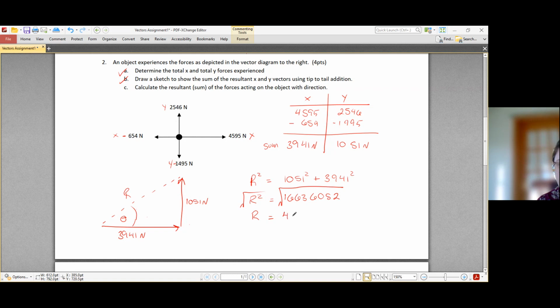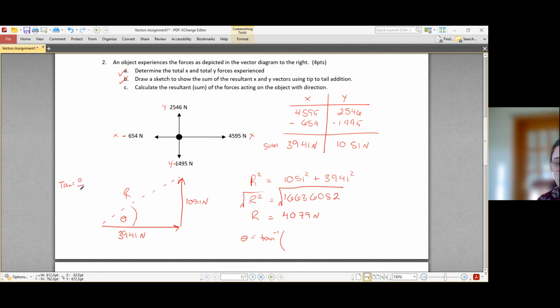So we get 4,079 newtons. So that's our resultant. So that's the length of the vector. Now we need to know what the direction is. So our direction uses tan. Now I often write this in the rearranged form. So we're looking for the angle. So we do inverse tan, and then we just put our tan ratio after that. So tan